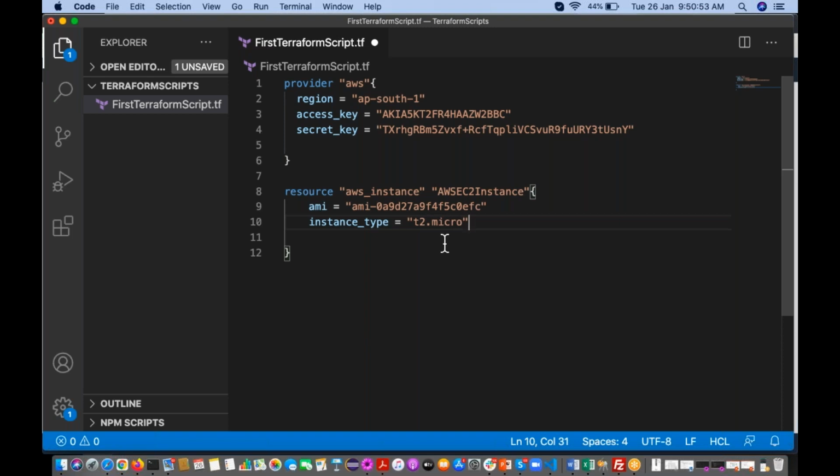Then security groups. Security groups we'll discuss later. Using security groups we can provide security for your EC2 instance.